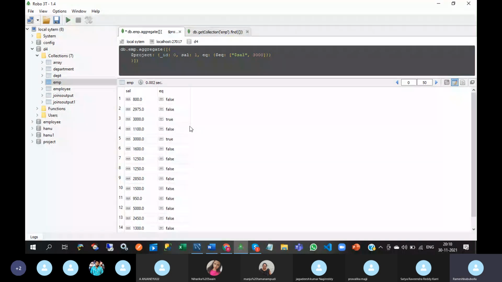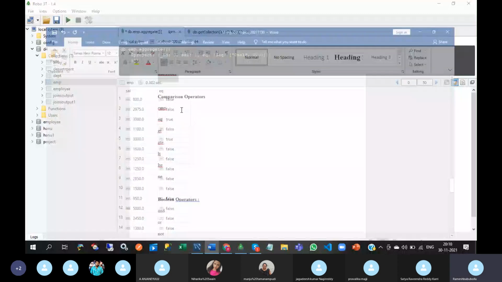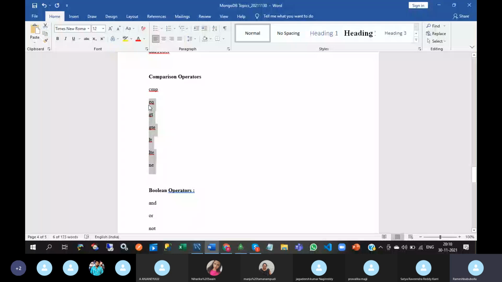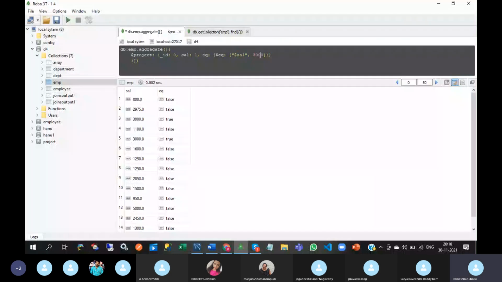In comparison, we get 1, 0, -1. But except for comparison, for the remaining operators we will get output like this only. If the value is matched, then we will get true. Otherwise, we will get false. Here, true is coming 2 times.